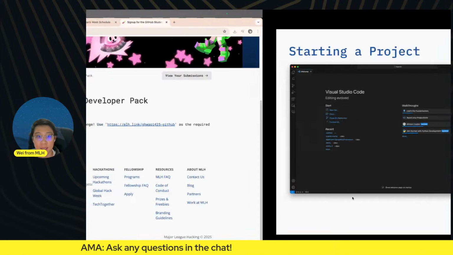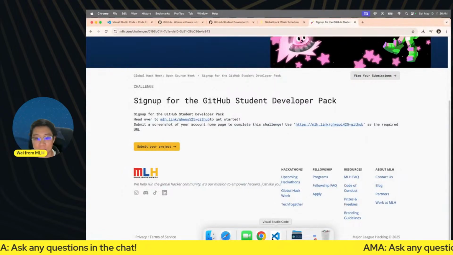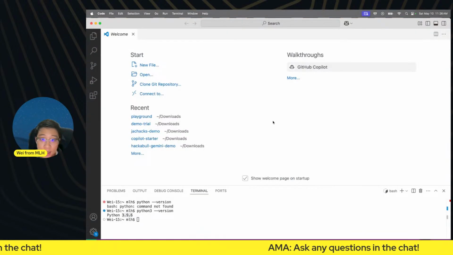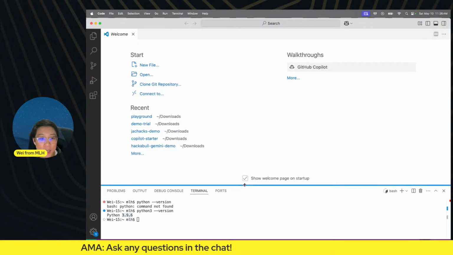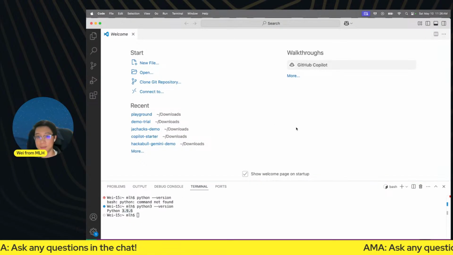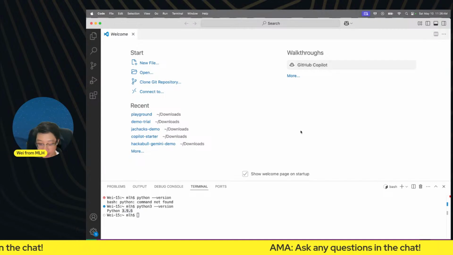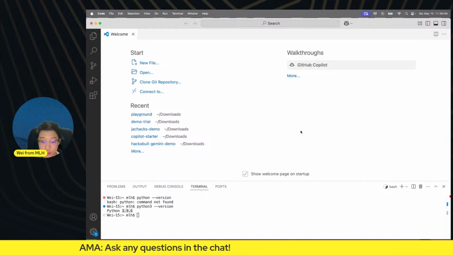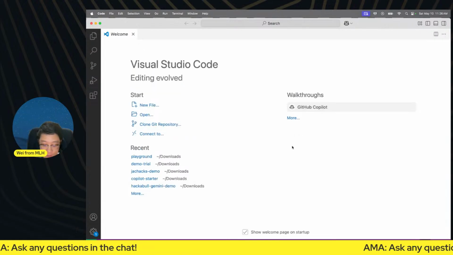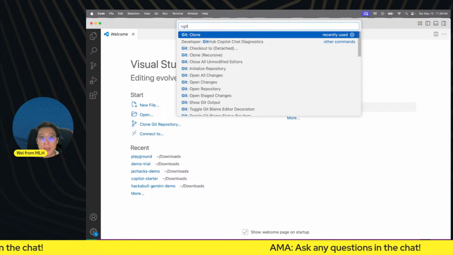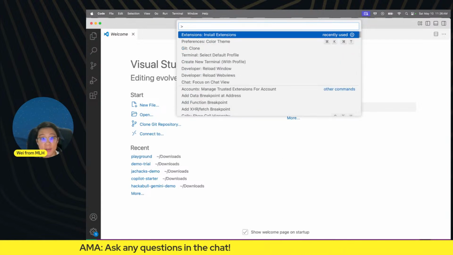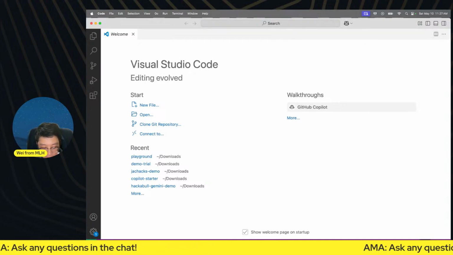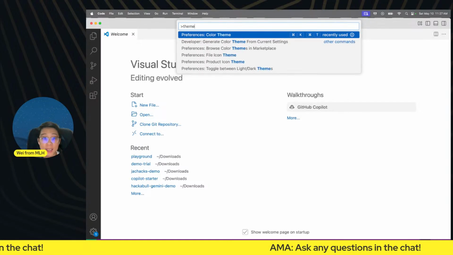Do you think I should stick with the white theme or the dark theme? Let me know in chat. Okay, so let's do Control-Shift-P on Windows or Command-Shift-P on macOS, and we're going to type in git clone. Okay, everyone says dark. So let me go ahead and switch that. Command-Shift-P and theme.